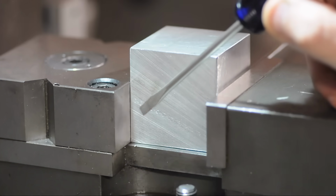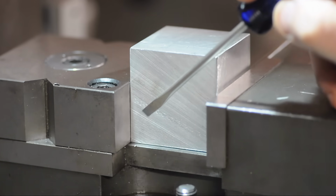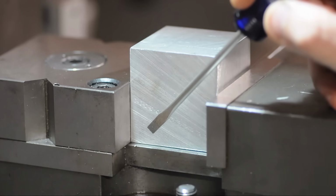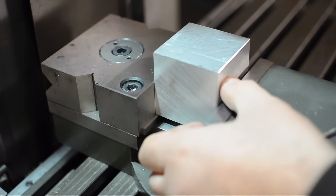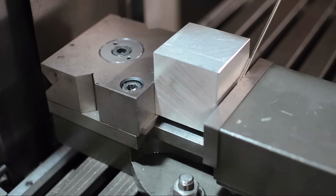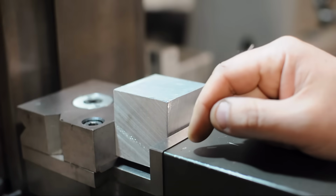If the block were the other way and the larger angle was back here, you could get into a situation where you're camming your block in the vise, sort of fighting the back surface, the bottom surface, and the out of squareness of your part. To avoid that guesswork, you can put the block up on a single parallel. Generally, if you have a non-machined surface on the bottom of your vise, you'll want to put it up on a parallel. Now we just tap it down a bit, firm up the vise,